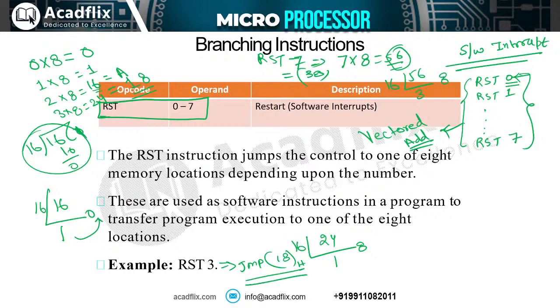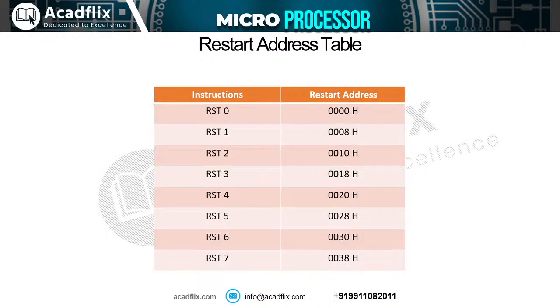So every vectored interrupt will have a vector address, and that you can obtain directly from the vector number. When the vector number is given in any interrupt, that is called a vectored interrupt. For example, in the 8085 microprocessor you have 5 hardware interrupts. For example, RST 4.5, that is also called TRAP. Then you have RST 5.5, RST 6.5, RST 7.5, and then we have INTR, right?